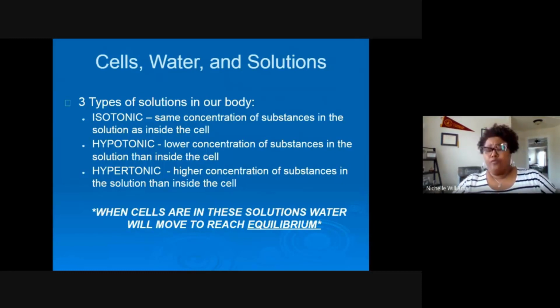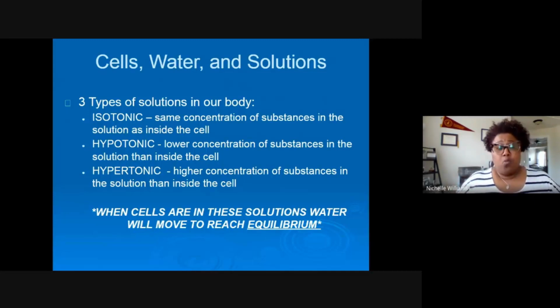All right. So now we've reviewed the plasma membrane, and we've talked about the different types of passive transport. But in addition to water, we know there are other substances in our bodies and solutions. We know there's salt, there's glucose, there's sugar, all of these substances that we've talked about in class before. We know that they are a part of what makes us who we are. They make up our body, and our cells are in these solutions constantly, right?